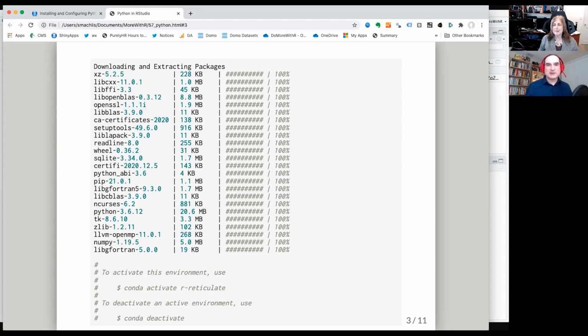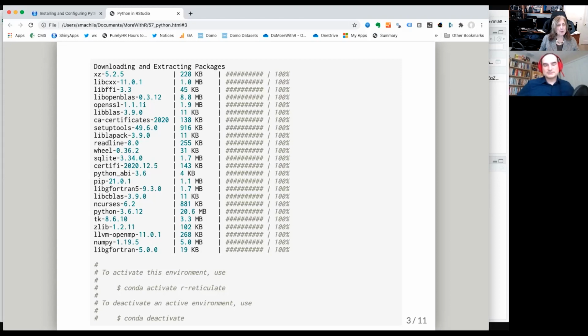Virtual environment will bring to mind probably things like virtual machines, and that's not quite the same thing, but there's the same general idea of keeping things isolated. So if you're working on more than one Python project at a time, and you need different packages or different versions of the same packages, this is a good way to keep each of those projects from stepping on each other's toes. So it's a good idea that they're recommending for you to use an environment, because otherwise things could get hairy very quickly. Yeah, it sounds like there's a similar R environment package, but I don't think it's used quite as often as Python users use virtual environments.